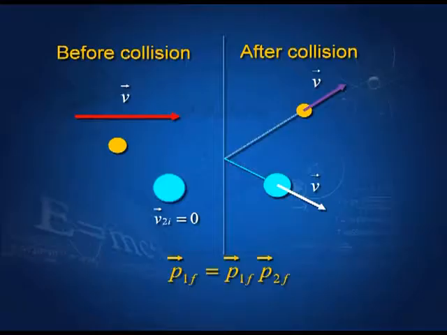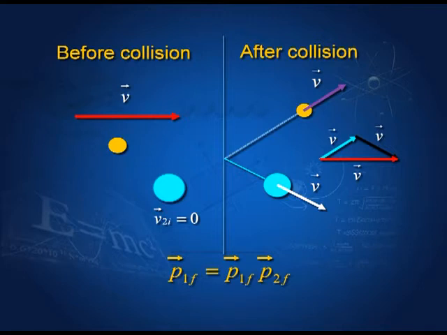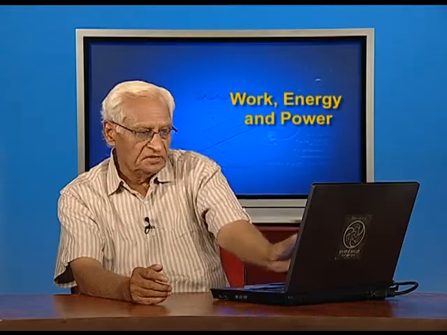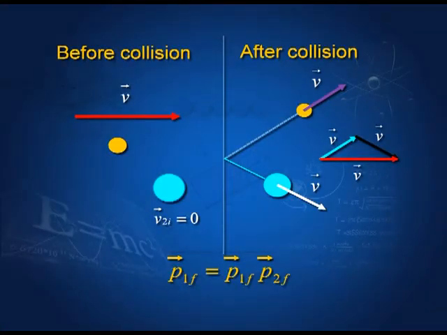I will show you what happens. This triangle shows the conservation of momentum. This blue and this black are the original momenta, and this red one is the original momentum, and these two are the final momenta. So, before collision we have only a single momentum, which is this. After collision, both the particles are moving, therefore these two particles have momenta shown by this, and they form a triangle because of the conservation of momentum.